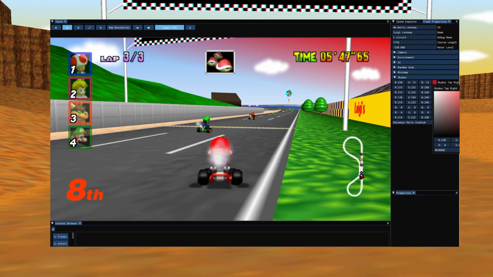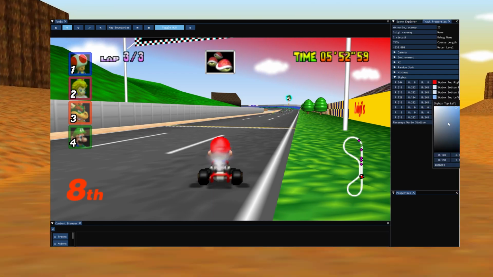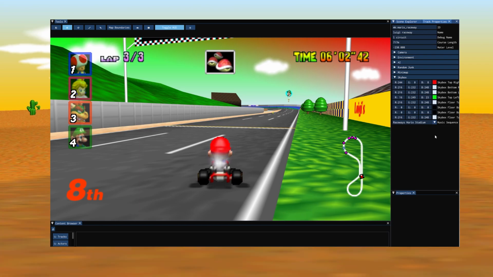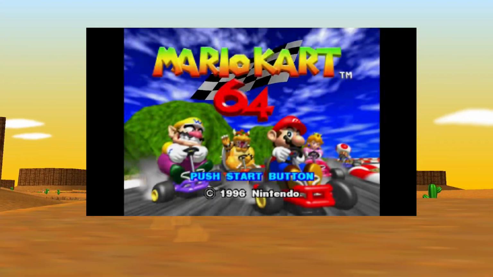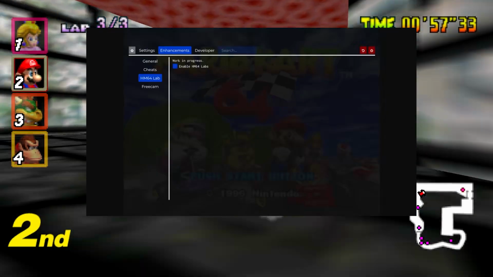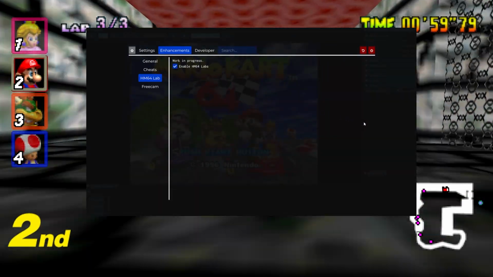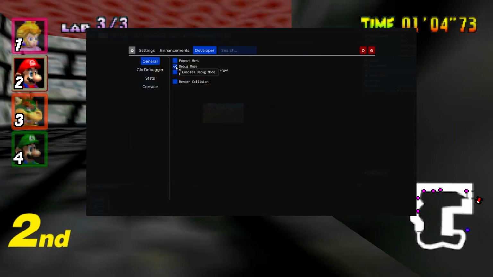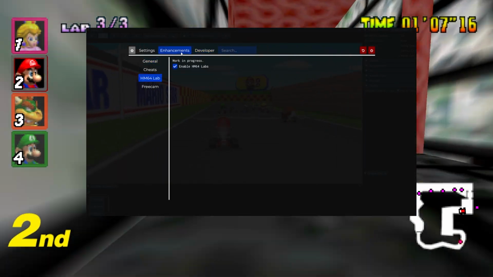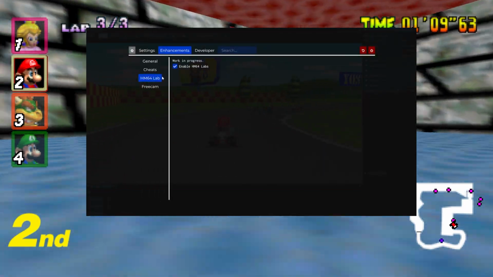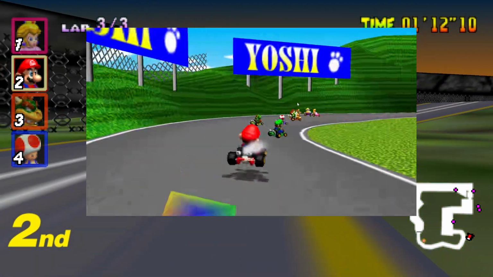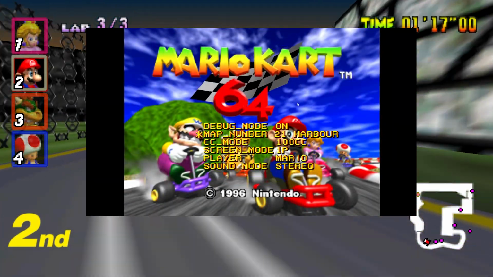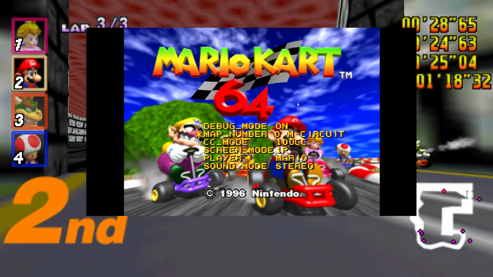In order to get track mods into your game, you need to go to the escape menu and then you want to head to HM64 Lab. You need to press enable HM64 in the enhancement tab. You then want to go to the general tab of the development tab and click the debug mode. Next, you then go back to the enhancement mode and unclick HM64 Labs, and you will see a debug menu right before you. Head to your map number and press left on your controller using your D-pad, and you'll get